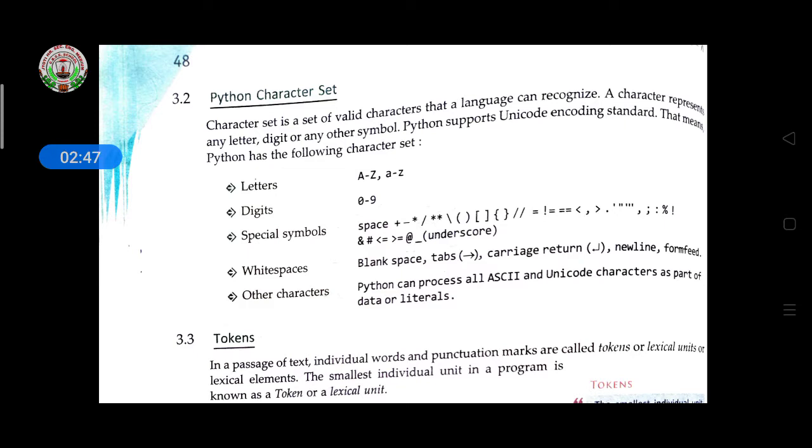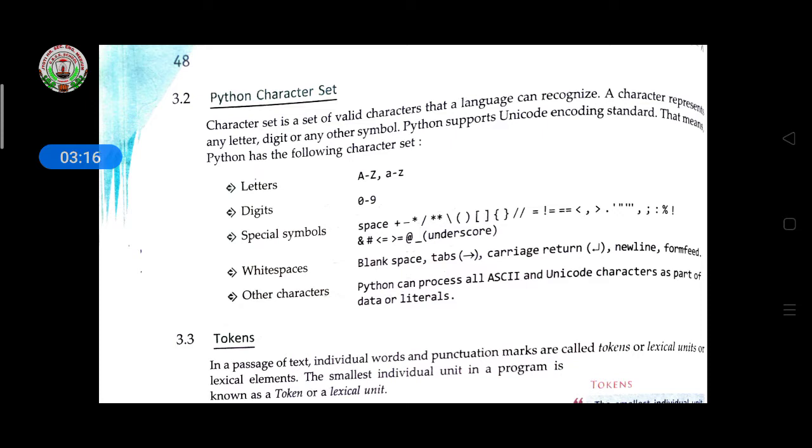If you are writing a program, in that program you are using letters, digits, special symbols, white space, meaning the space you give while writing the program, and other characters also with the help of ASCII values and Unicode characters. So these all are the Python character set. With the help of this set we are able to write a program.